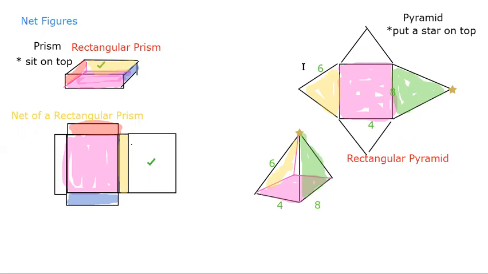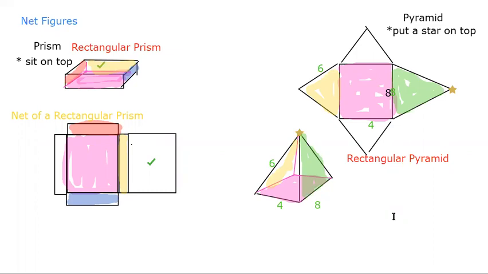Point being, if you're given the measurements in the picture, that is where they are on the net. Put that 8 in black so you can see it a little better. So you're going to be asked to take those diagrams and those labels, and move them from the three-dimensional picture over to the net, or vice versa. From the net, put the net back together and tell me what three-dimensional shape it is,